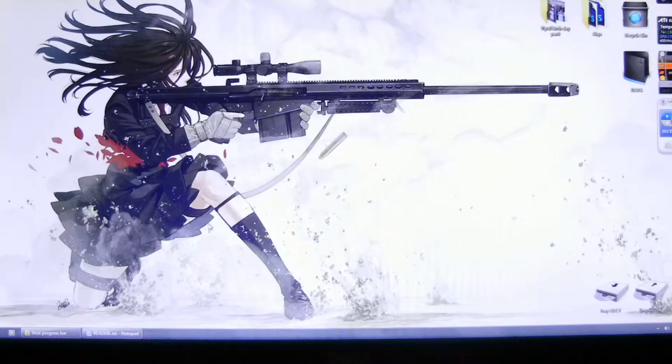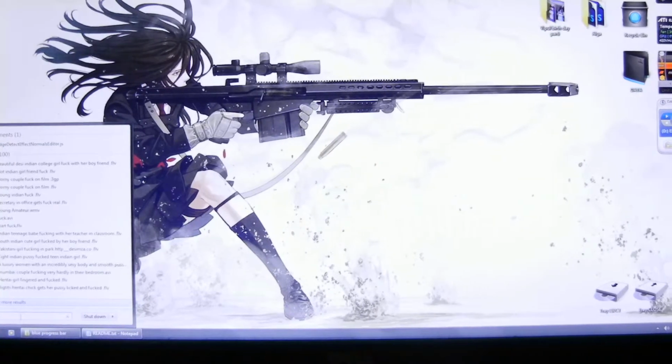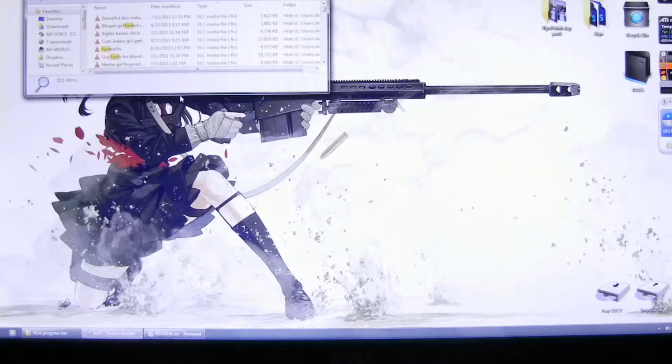Today I am going to show you how to change the green status progress bar into a cool blue one. Many of you are having doubts about what that's supposed to mean, so let me show you. Let's just type something and see more results. If you type something in here